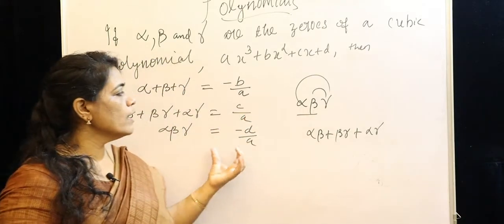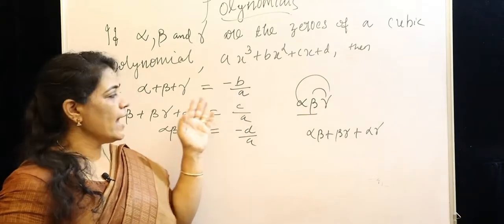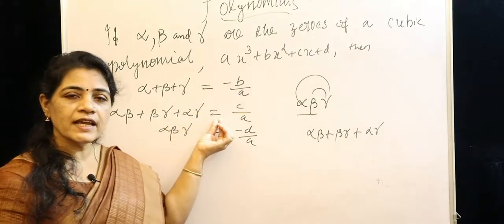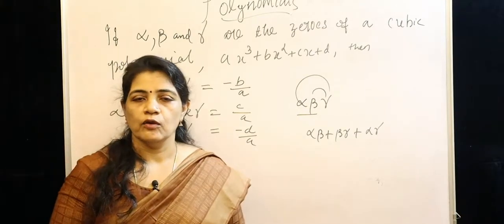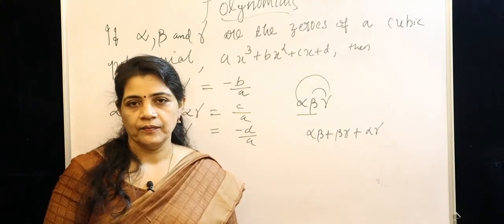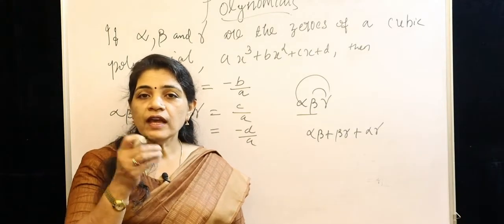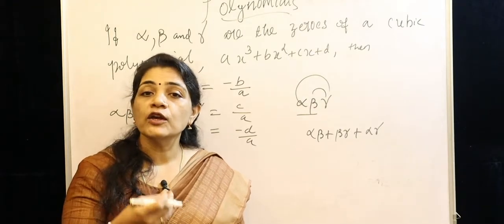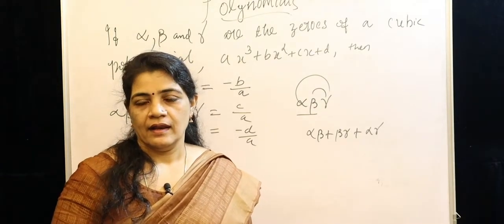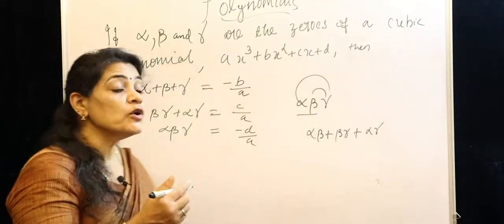So this is all about the sum of the zeros, the sum of product of zeros taken 2 at a time, and the product of zeros of a cubic polynomial, that is minus d by a. Is it okay children? See, if we have these 3 zeros, how can we form a cubic polynomial? Here we have the equation, that is x cube minus